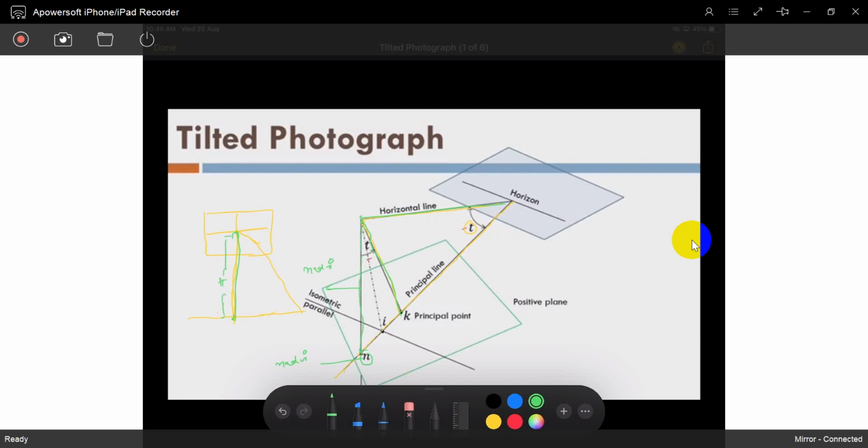So this is also the same, t degrees. This is also t. If you bisect it exactly, this is called the isometric point or isometric line. This is the isometric point. What is the influence of these isometric points? The vertical images and tilted images are rotating based on this isometric point only.